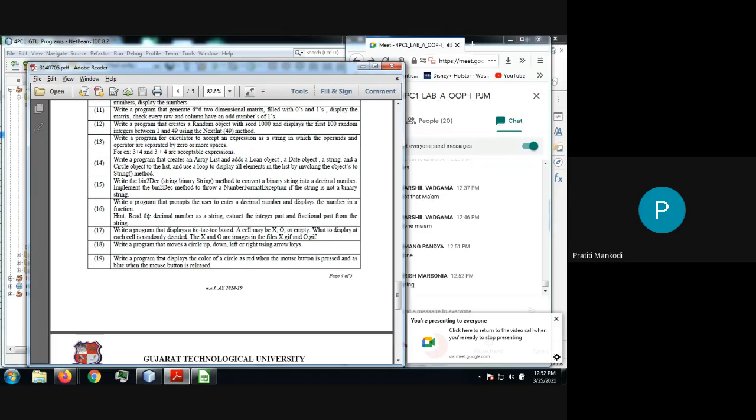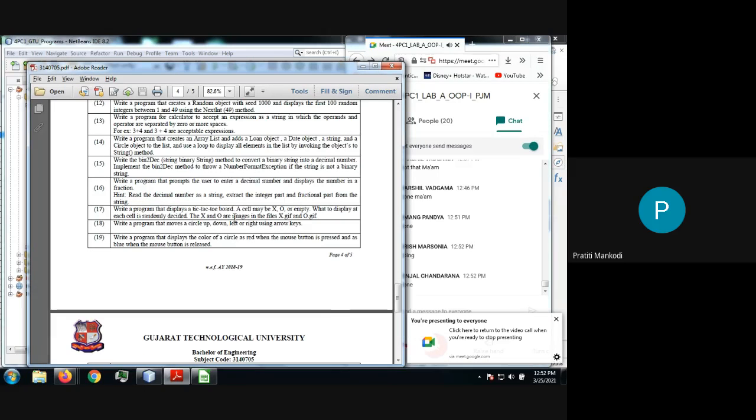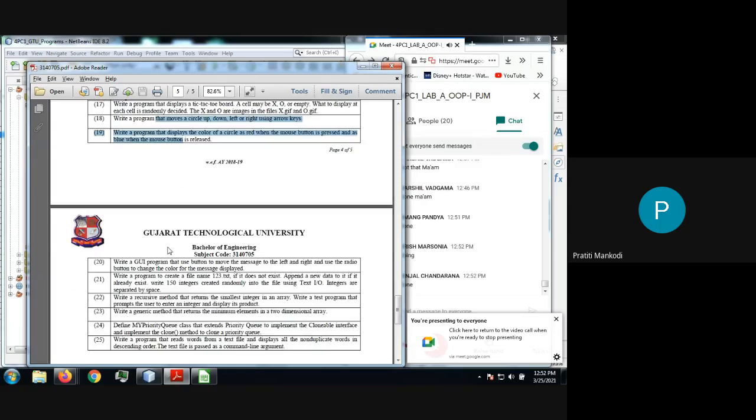Next time we have to be a little bit fast, students. We will be completing the 15th and 16th. Okay, Kinjal, great. The 17th as well we will be completing. So 15, 16, 17, and these are all of JavaFX.